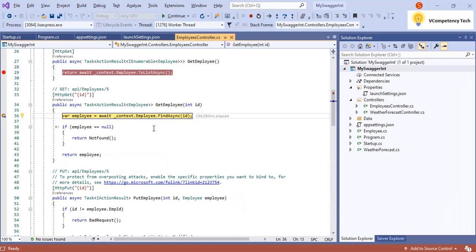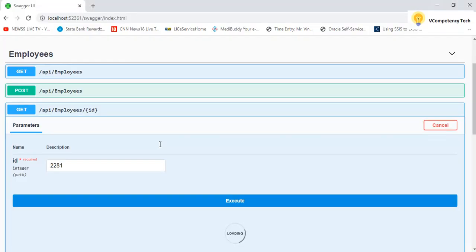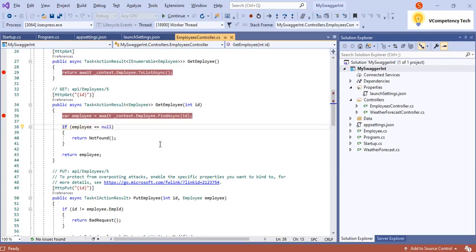See, I came to the debug point. So I'm passing the value 2281 here, and it is coming here. Okay. Let me debug. So let's see what data comes.